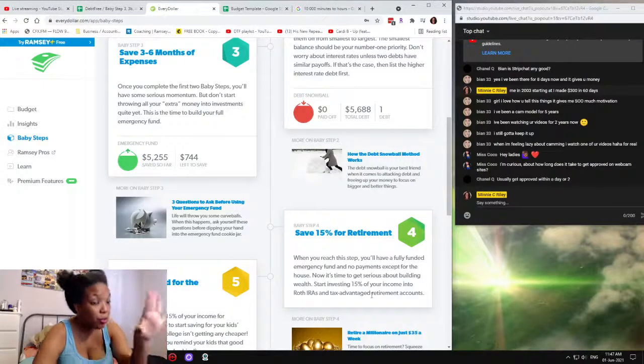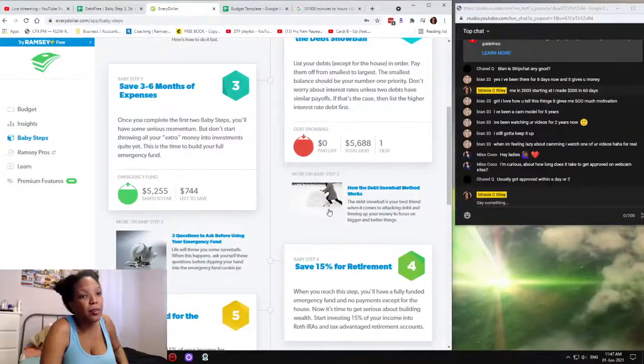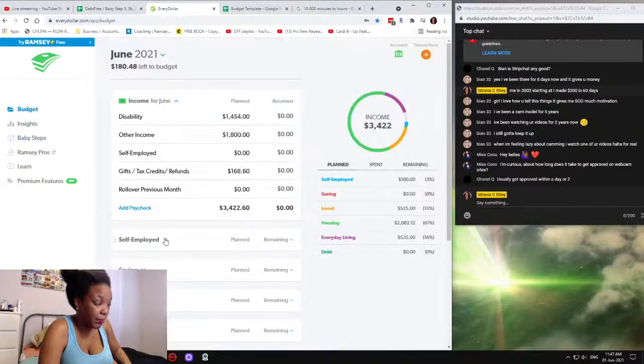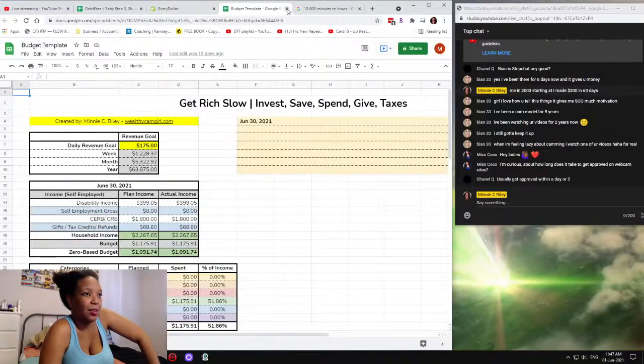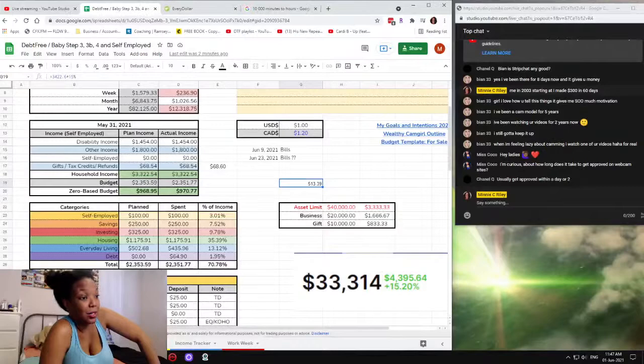And then, of course, you do the financial baby steps. You also have to plan out of these baby steps setting up your accounts to be ready for taxes. I already do that. You see it on my budget. I have a line item in my self-employment category, taxes. I just put money in there for taxes. That's it. I don't worry about it. I wish, but I don't need to. All right, let me read. I know chat went off with different stuff.